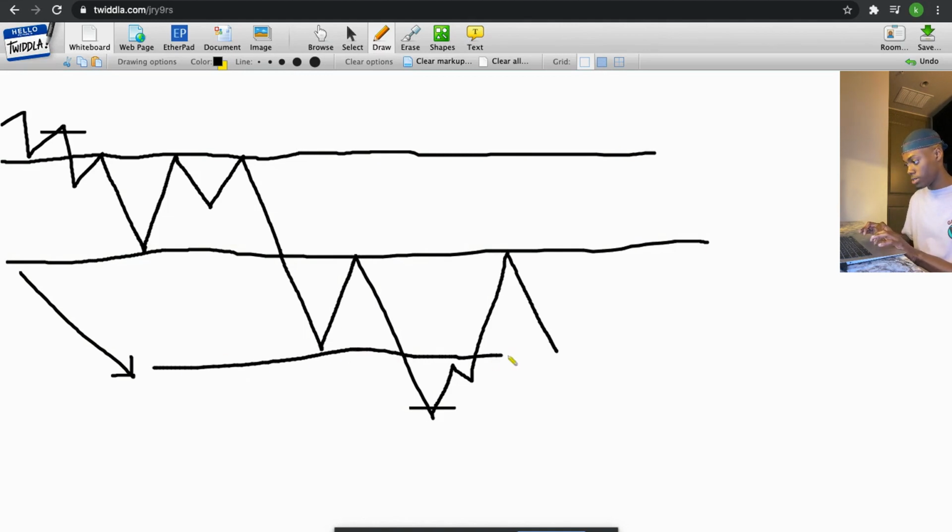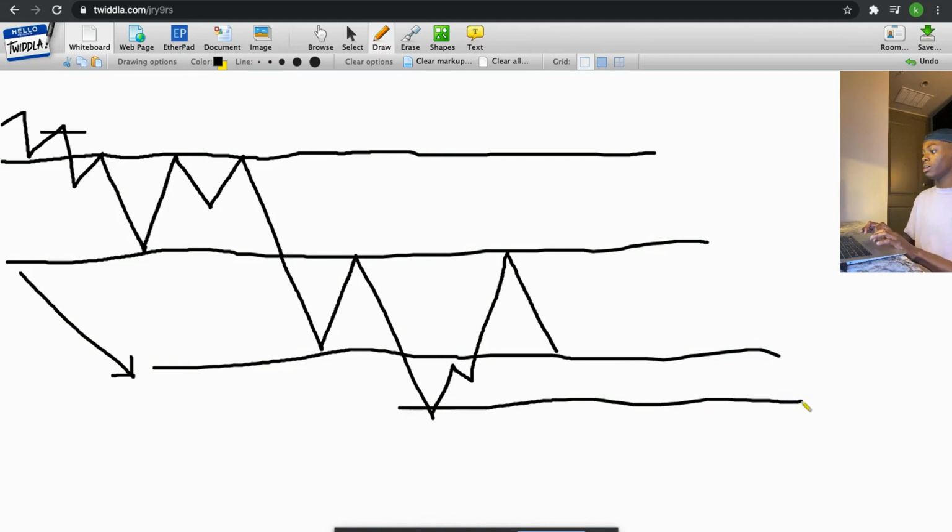Support, and then I'll just use this line that I already had down here. This is another support level. So then once you have your major ones, eventually you'll develop an eye for little areas kind of like this